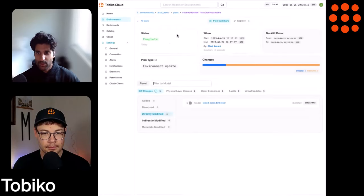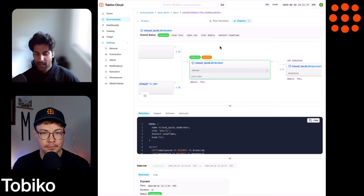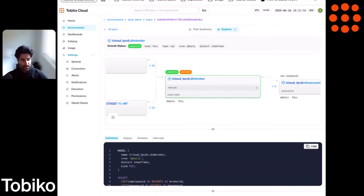If I click into the actual plan itself, we have even deeper context and details here, right? So we have something called a DAG debugger view, which I really love because whenever problems happen and things go wrong in your data pipelines, the most challenging part is just figuring out impact, the actual logs that matter, and what I can do about it, right? Most of the time, you're spending the majority of that time on the first two versus the third one, which is really just resolving the issue. So we've made it incredibly easy for you to be able to inspect, dissect, and really understand what's going on